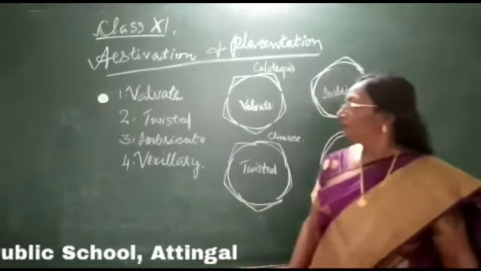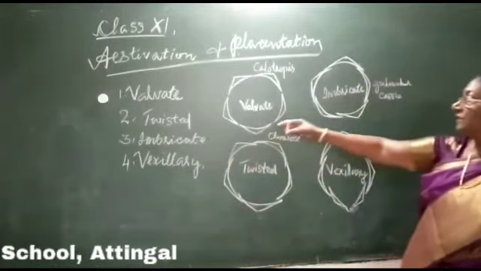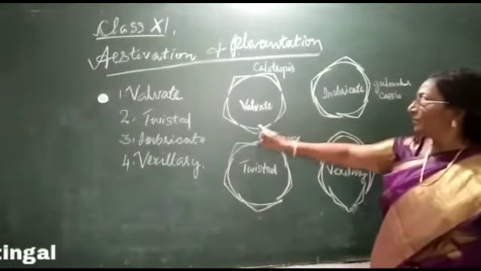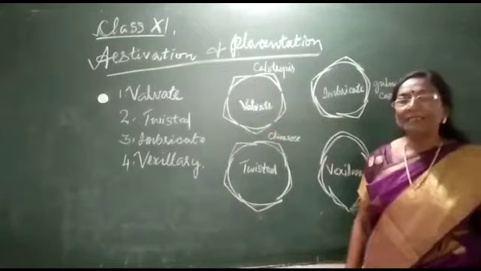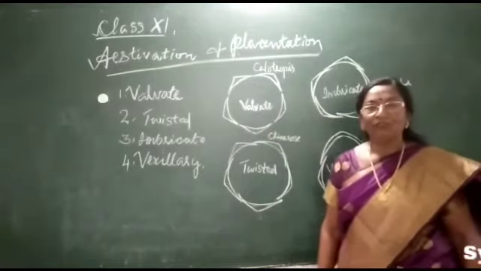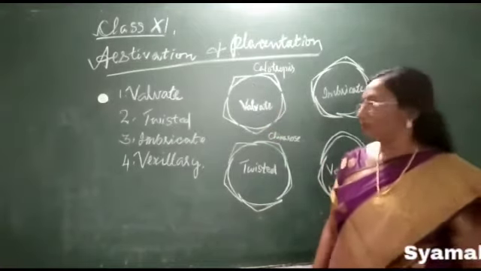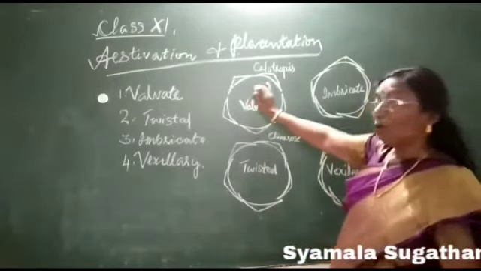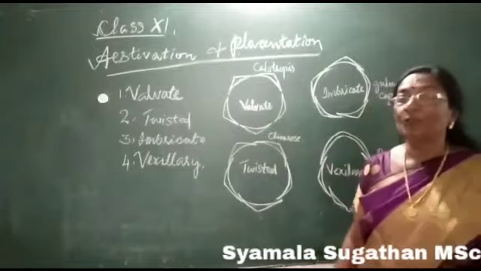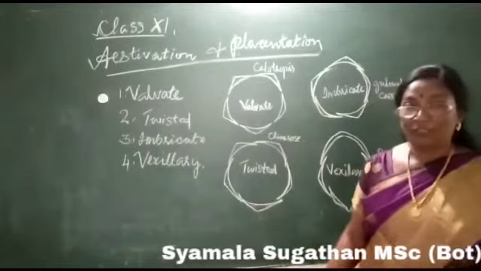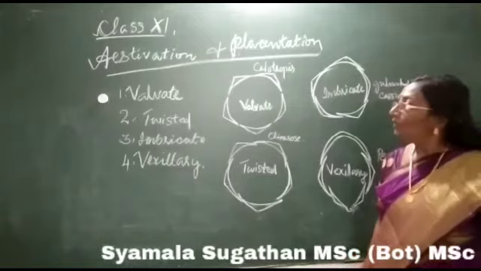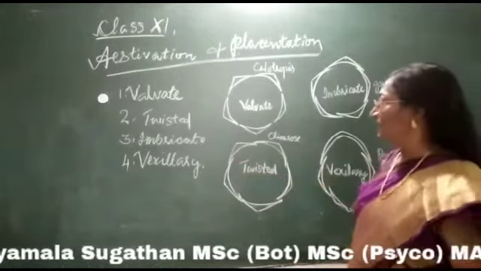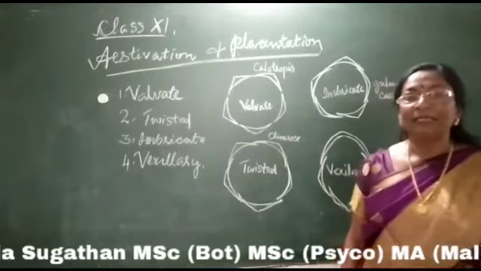In the case of valvate aestivation, we can see the members of the whorl are arranged in such a way that there is no overlapping of the edges, but they just touch each other without overlapping, as seen in the case of this Calotropis. And now the next one is twisted aestivation. We can see in the case of